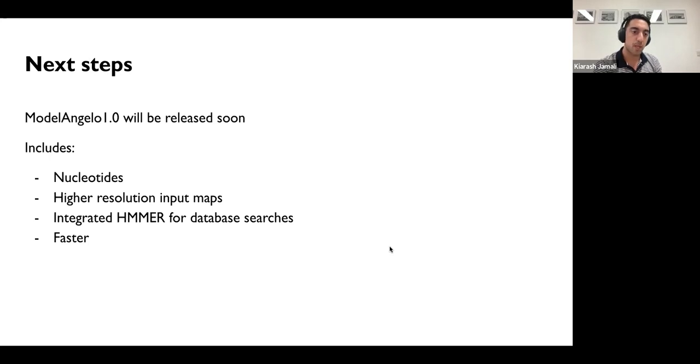And we will have an integrated HMMER search, which is going to be very useful for Michelangelo 1.0. Instead of having to install HHBlits and dealing with all that, we're going to have an integrated utility that also understands how Michelangelo HMM profile directories work.